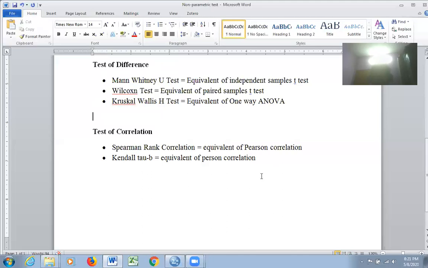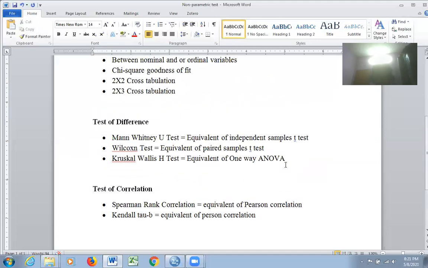When you get a lot of tied ranks, you can go for Kendall's Tau instead of Spearman rank correlation. Both Spearman rank correlation and Kendall's Tau are non-parametric tests. Fine. Good. Now let us see all these statistical tests one by one, practically with the SPSS.